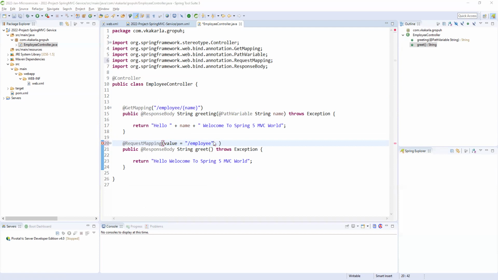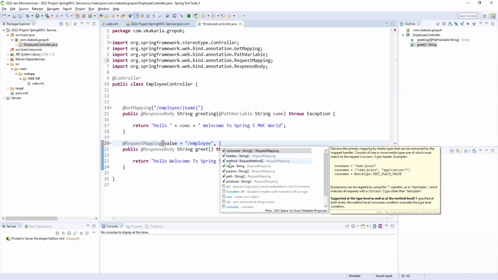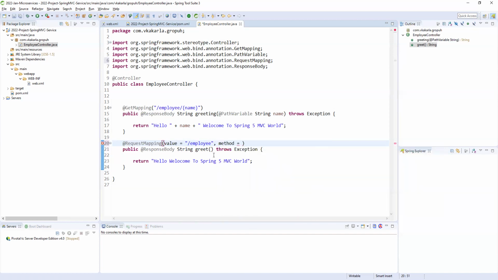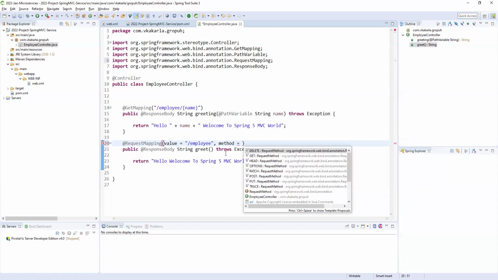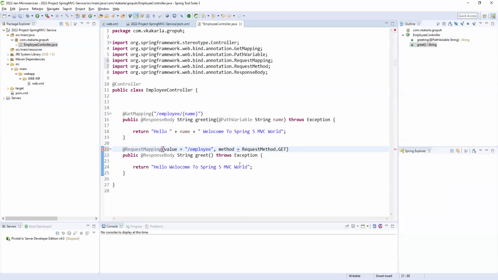So method type we can use. Okay, get method. Like that we can define. If it is a JSON response, you can define produces JSON also, right? Previously, before Spring 5, it was like that, and now in Spring 5 we can use it like this. So okay, fine. Our component is ready.